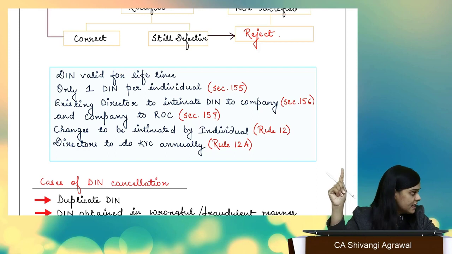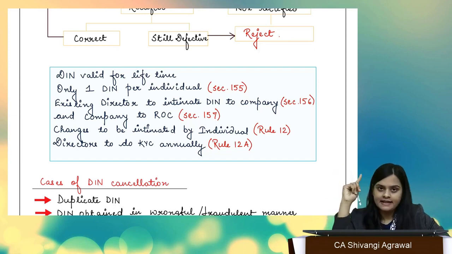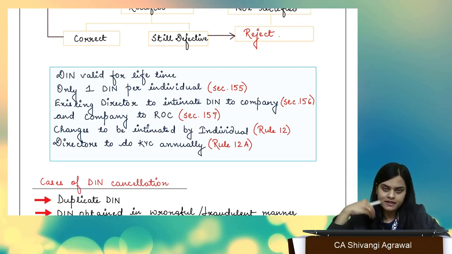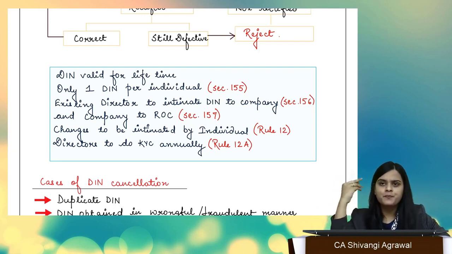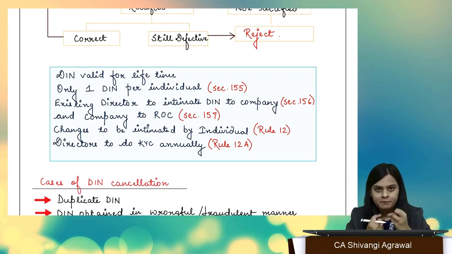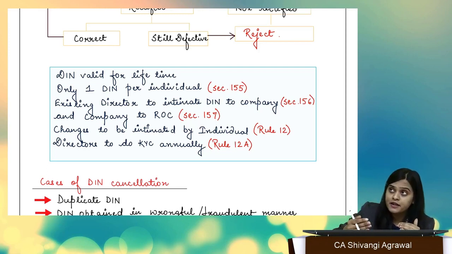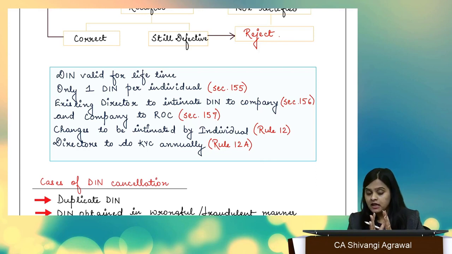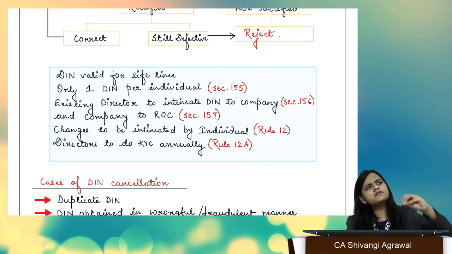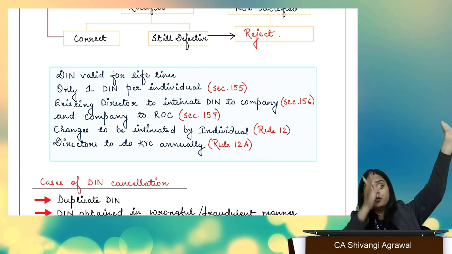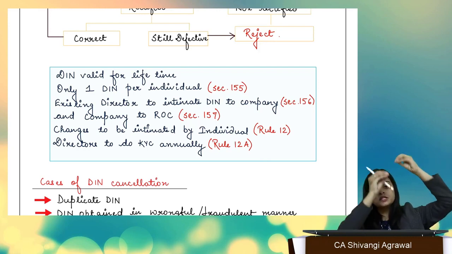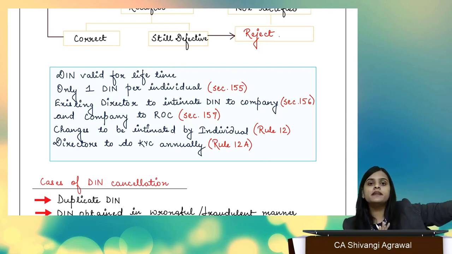So first thing, you make an application for DIN in DIR 3. Second thing, the central government allots you the DIN when they find the application is in order. Third thing, you're prohibited to obtain more than one DIN. If now you want to become the director of any company, you cannot become one without DIN. But for the directors who were already directors before the concept of DIN came,